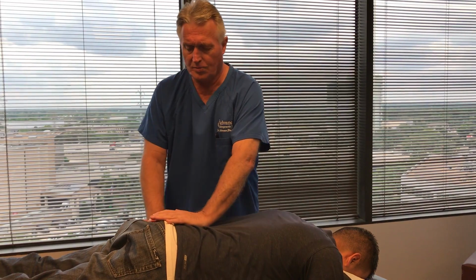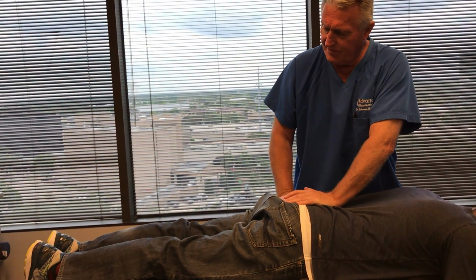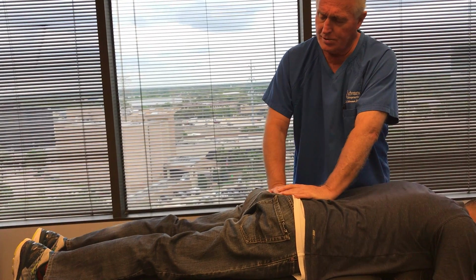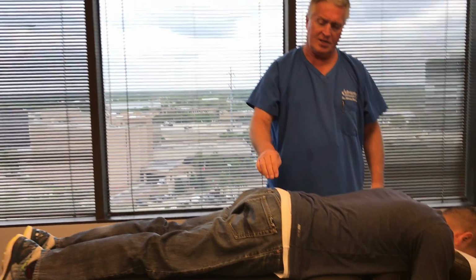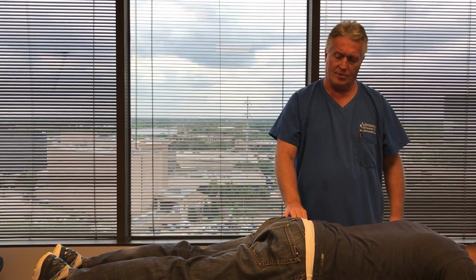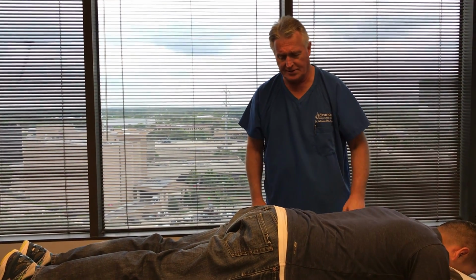And we're going to have you lock your right leg straight and lift that whole right leg up. Okay, relax that one, do the left one now. And see, it was harder for him to raise his right leg up, so he has a right sacral deviation, even though he's got a left SI joint subluxation. So we're going to get him his first Johnson